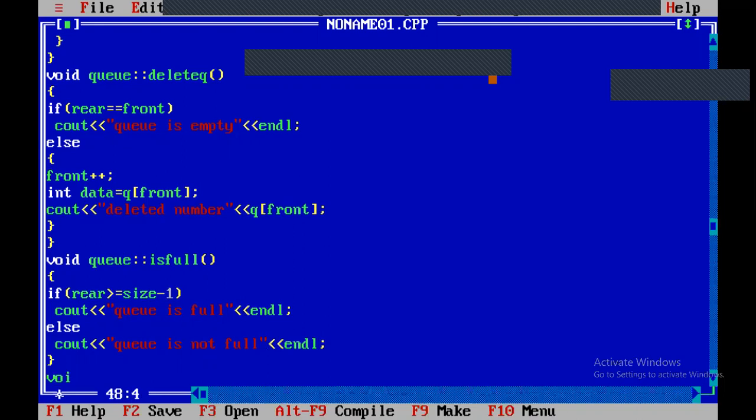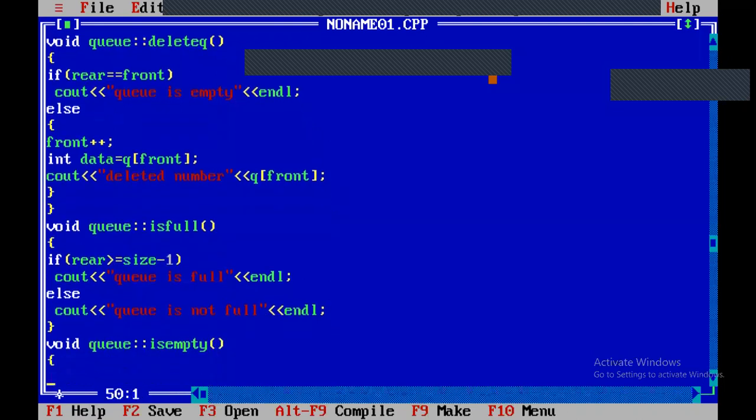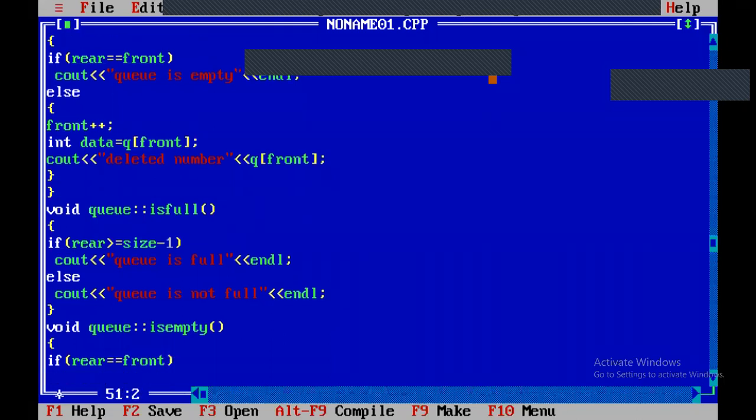Similarly, is empty. Void Q isempty. When the queue is empty, if rear equals front, cout queue is empty.